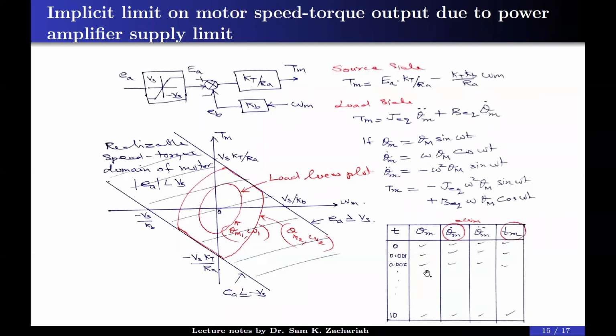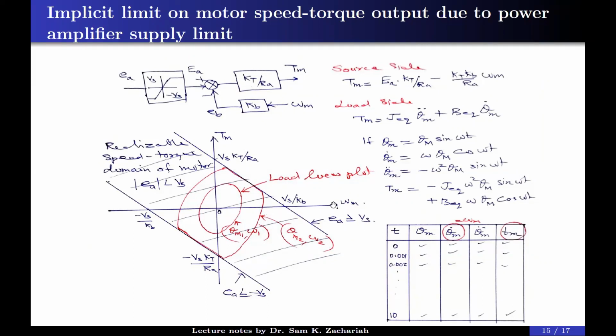And you can now make a table like this: T, theta m dot, theta m double dot, Tm. The time can be varied from 0. Your sampling interval is 0.001 second, so you can increment the time with the sampling interval and go up to say 10 seconds. Corresponding all the data can be made. And finally, you forget about the other columns. Only worry about columns theta m dot and Tm. You can say that this Tm is corresponding to this theta m dot.